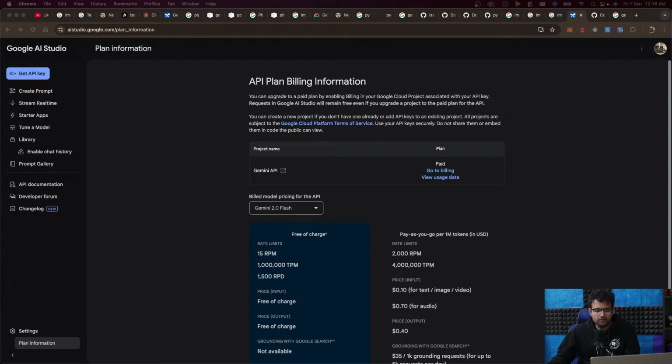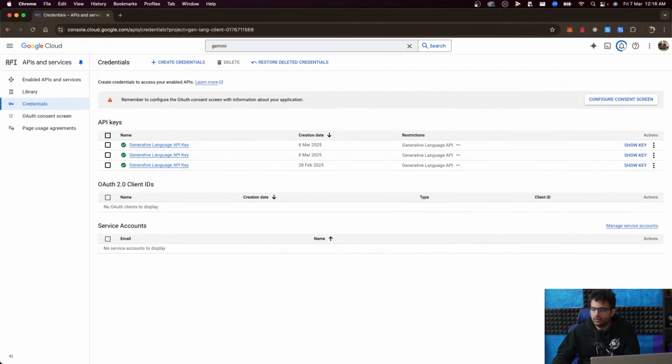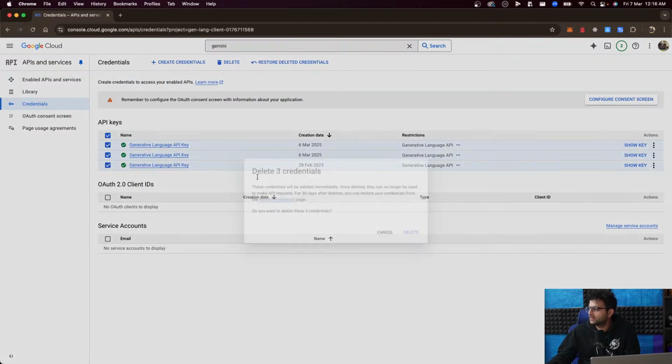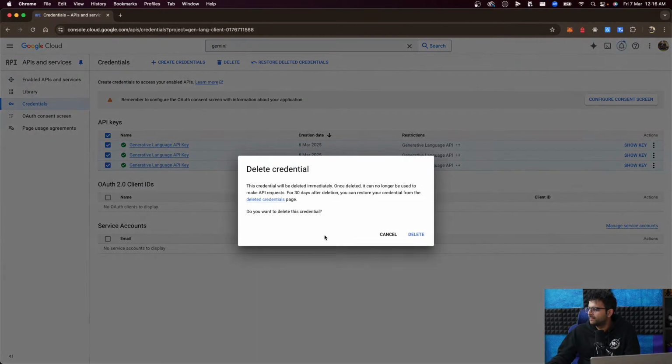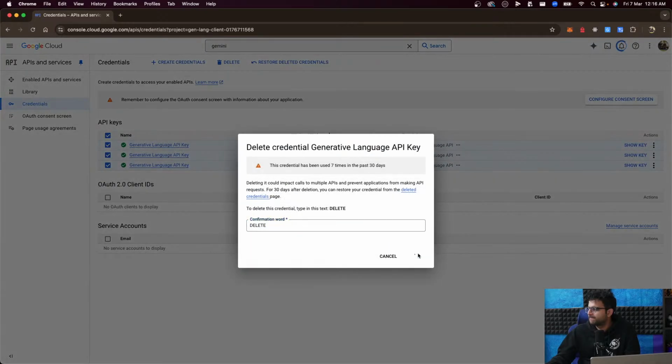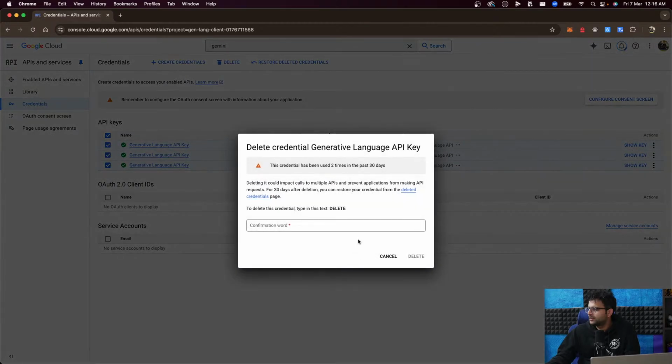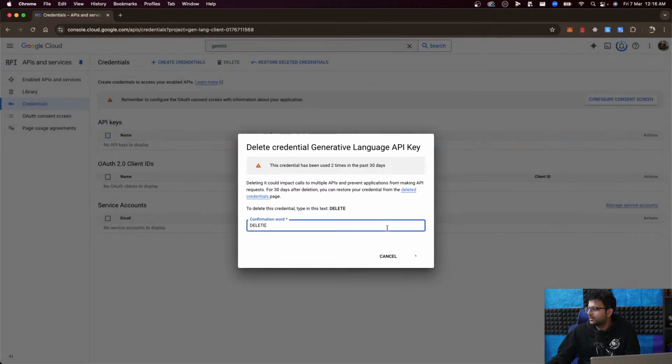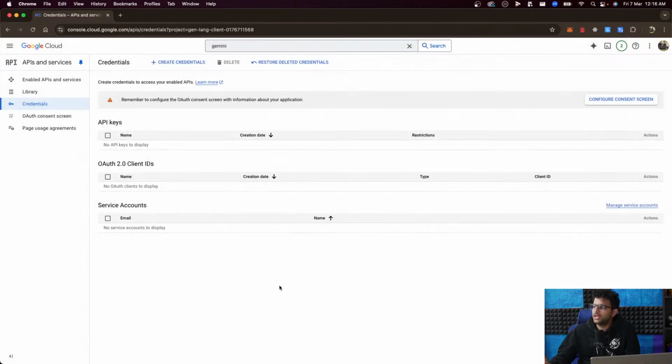God, why is that taking so long? Delete. Delete. Delete. You guys can see if you want, like nothing. I'm sure your eyes are burning now. I'm just deleting all my API keys. Oh, there's a bulk delete option. Of course, I'm an idiot. Delete. All right, there we go. Cool. All the API keys are gone now.